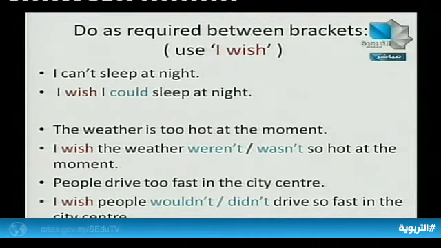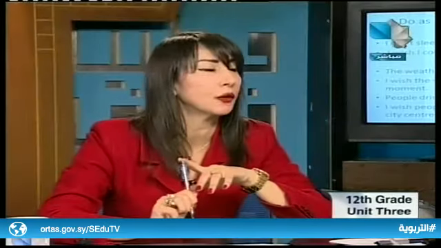Right. Slower, of course. Again, dear students, you can use your own words to express the situation. But here we have 4 examples as answers, 4 possible answers: with wouldn't, with would, with the simple past of the verb, and with the negative in the past simple, didn't. All 4 answers are accepted and correct.